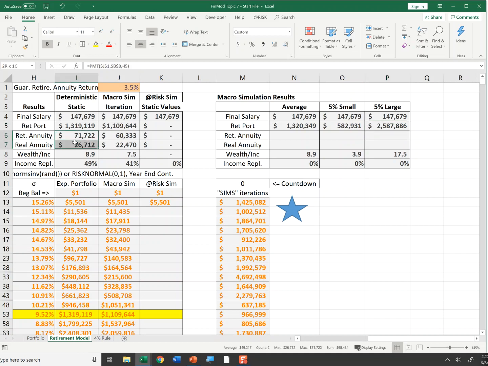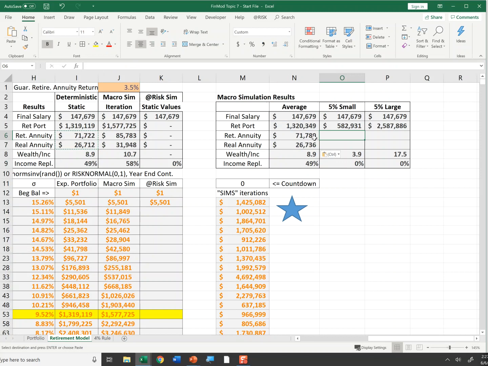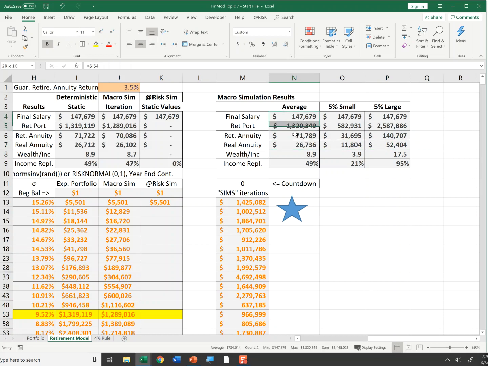And then I'm just going to copy the retirement annuity, the real annuity, the wealth to income ratio, and the income replacement. Looks like I already have two of them in there. Let's copy these two. It's simply a formula. Paste, paste. And it's just going to replicate building that annuity at 3.5% for 30 years in retirement, and the present value of that, the real value of that today for 40 years later. And what that tells me is the average of the simulation is roughly the values of the deterministic static